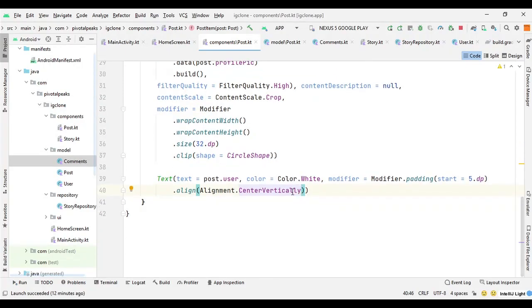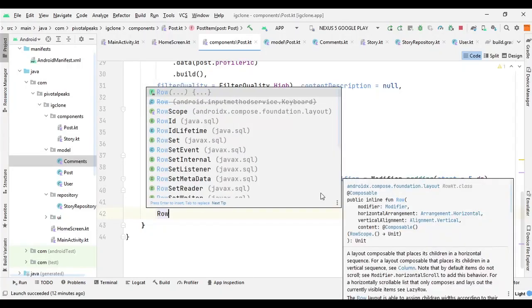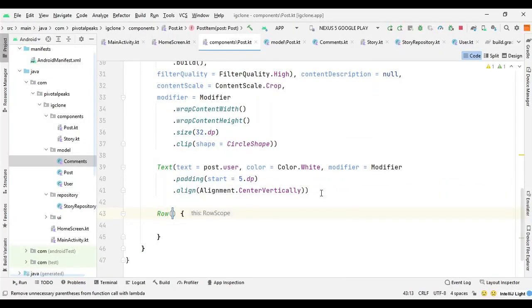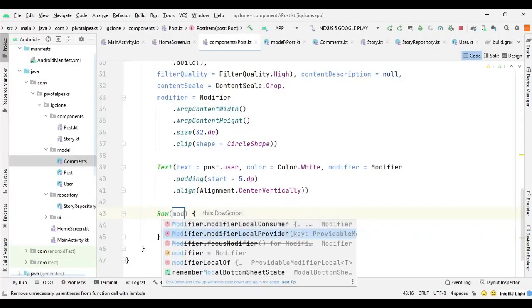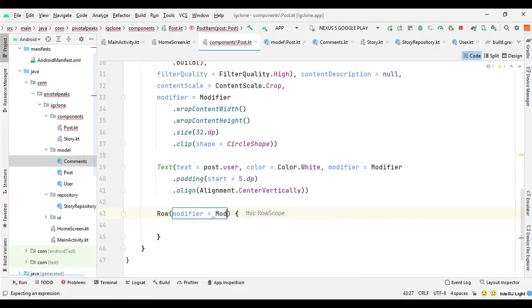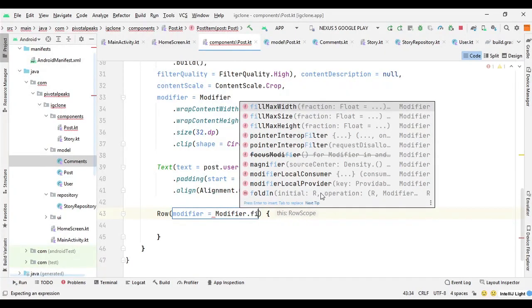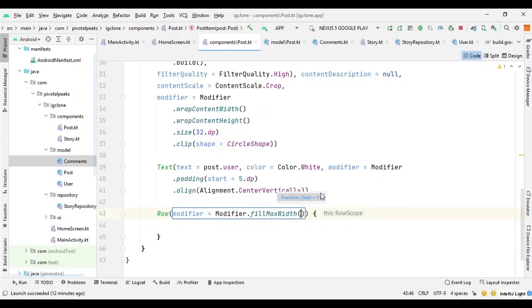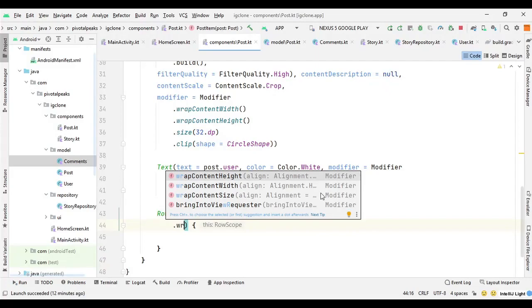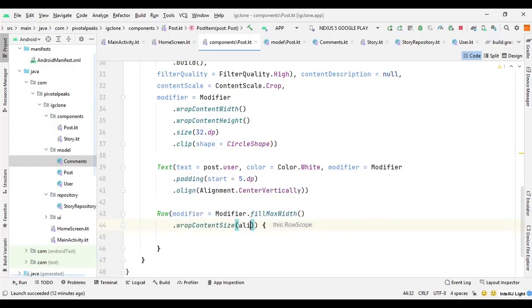And then we need the 3 dotted line in Instagram, and we need it at the end of the row. So for that we will create another row. It's a workaround. So for that we will say Modifier.fillMaxWidth, and then wrapContentSize, and here we can align it to the top end.